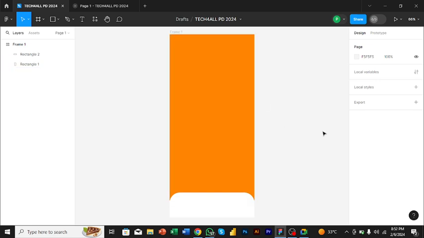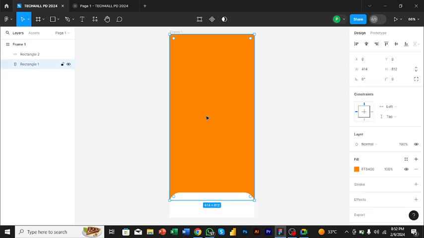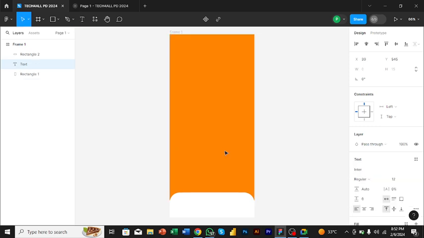Now this looks somehow plain, but we want to put a different design on it. So I want to add a text on this design so that it comes out good. If you want to add a text, this is our text button here. You click text, and I want to write something. I'm going to write: Swipe up to explore. Don't forget we are creating a food app. Explore the world of